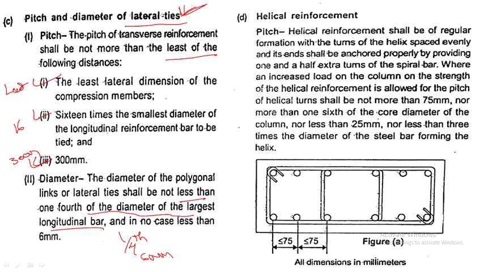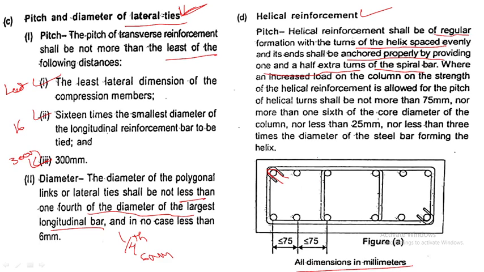Now helical reinforcement, you can see the helical reinforcement. Helical reinforcement shall be of regular formation with the turns of the helix evenly spaced, and its ends shall be anchored properly by providing 1.5 extra turns for the spiral bar. You can see here, all the dimensions are in millimeter. You can see this is a hook, and these are the different